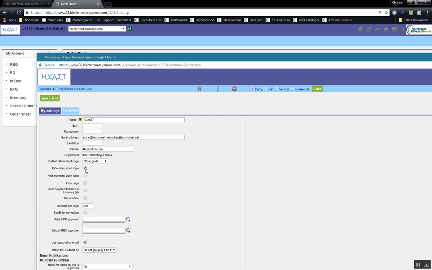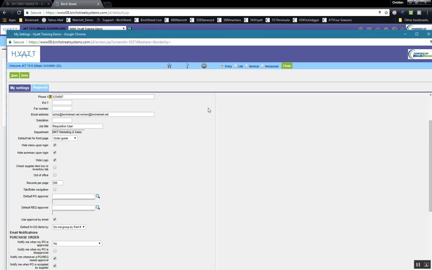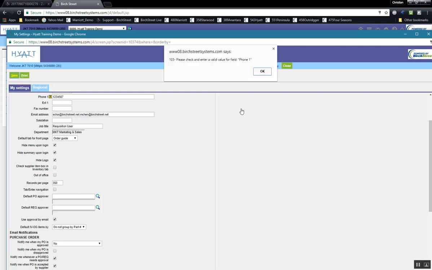If you do not want to see all the menu and all the summary, the logo, this is a Hyatt logo, you can select all the checkboxes, and the rest you can leave as the default. And then you just proceed with the save. And after this,